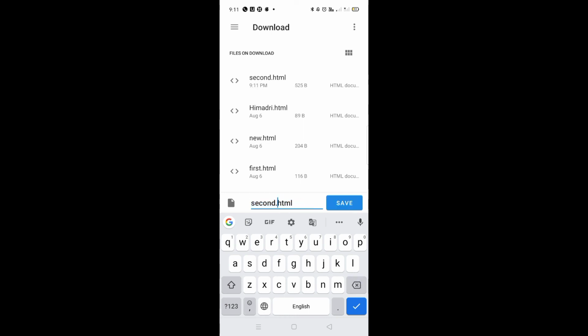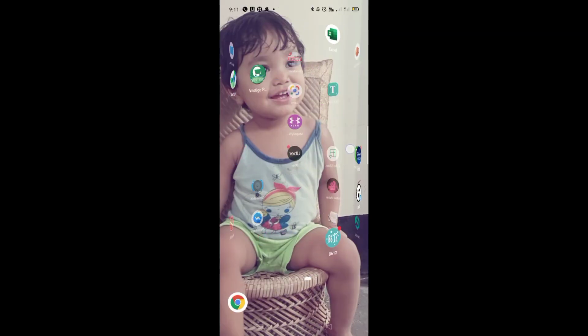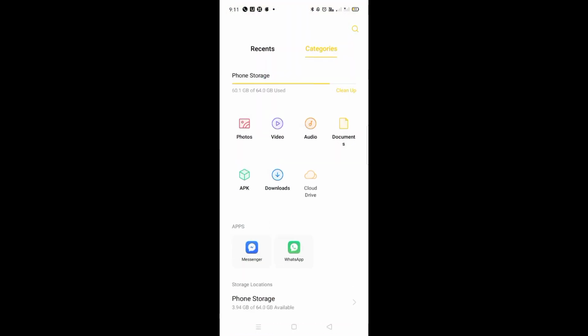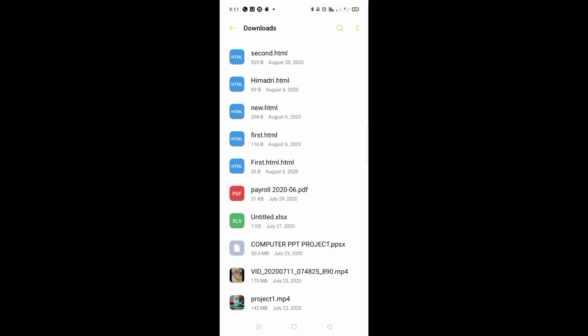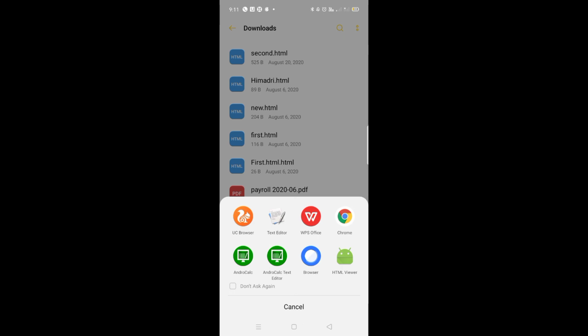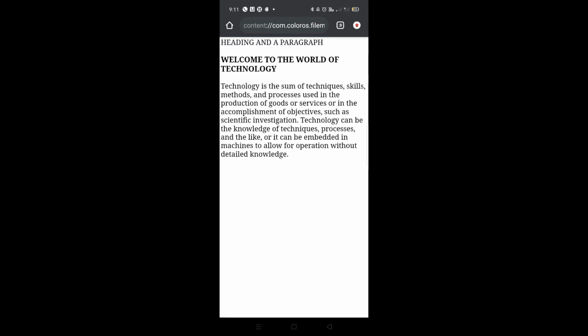Students, in the previous class I told you why you have to write this extension, and after that save it properly and then open it, as it is stored in downloads on my mobile, and it is here. This is my file. I am opening it with Google Chrome, and see, this is the output. Okay, but there is a difference. On the computer you can see the heading and the paragraph that appears on the top, but here along with the page. Okay, that's all for today. Thank you.